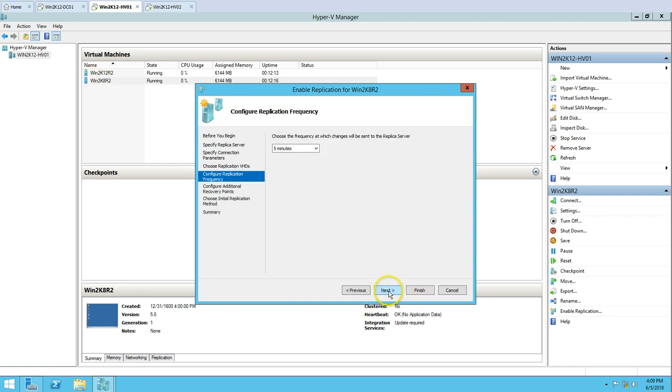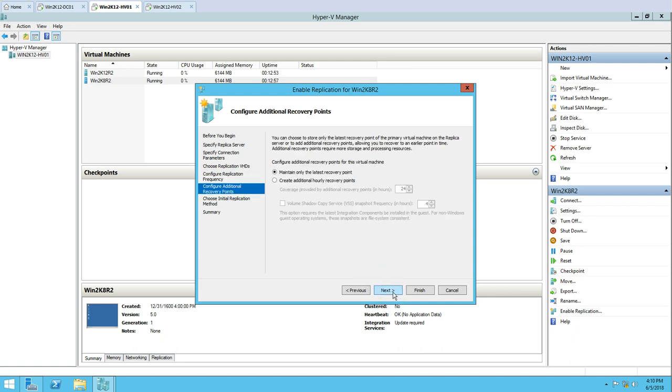So click OK, and the replication frequency, how frequently you want to replicate your machine. So we have three options here: 30 seconds, 5 minutes and 15 minutes. So as you are configuring the primary replica site and secondary replica site, you can select anything. But Hyper-V 2012 R2 has a new feature called extended replication for virtual machines. If you select and enable extended replication, you will get only 5 and 15 minutes, not 30 seconds. So in this case I'm going to use the 30 seconds and click next,